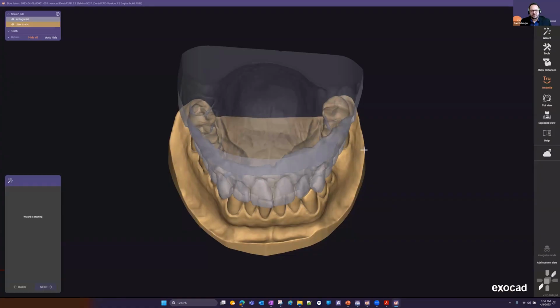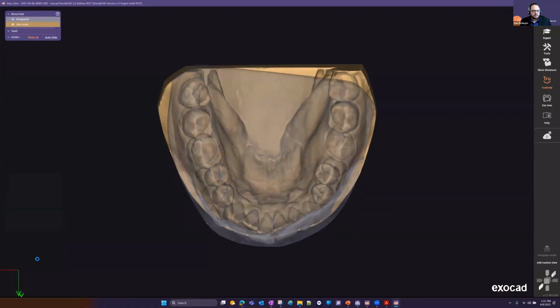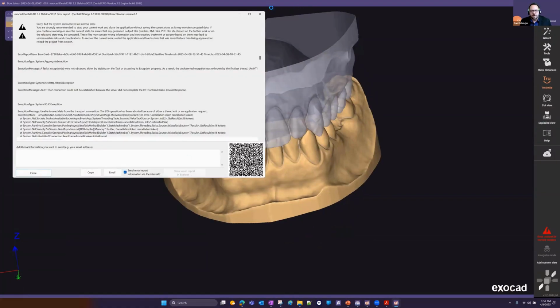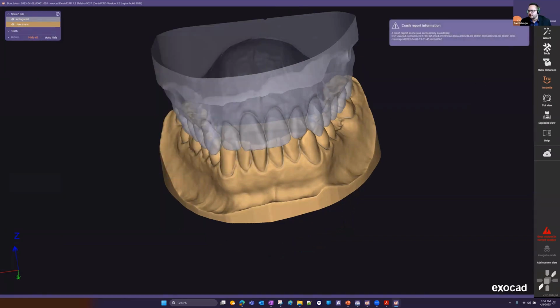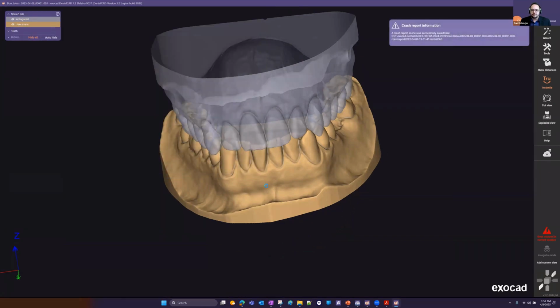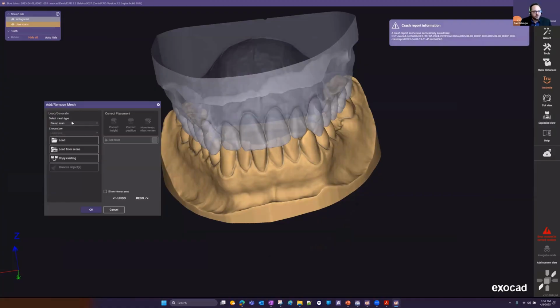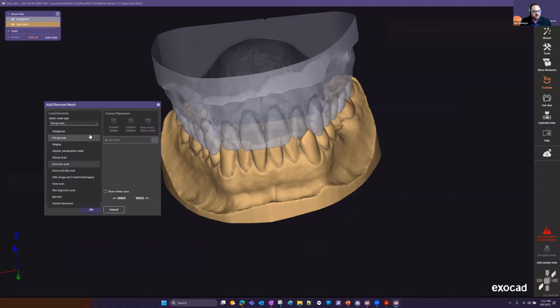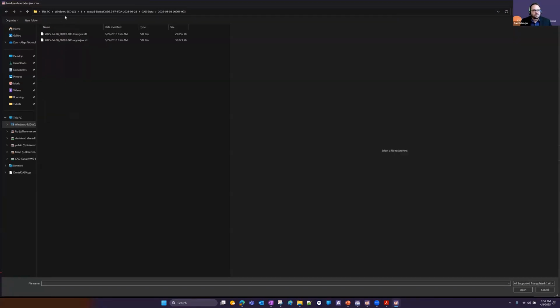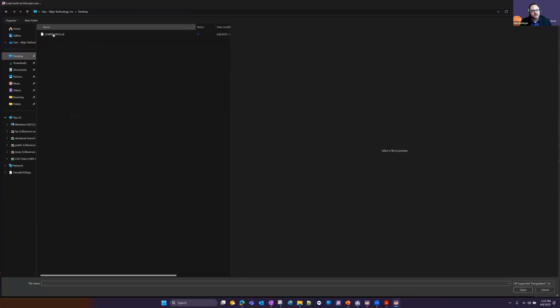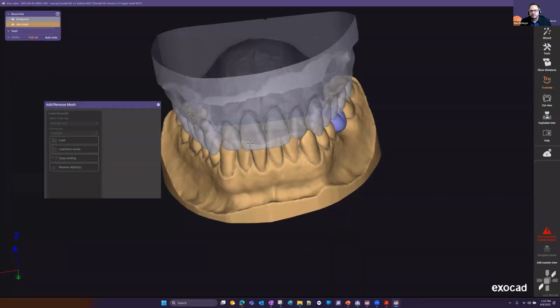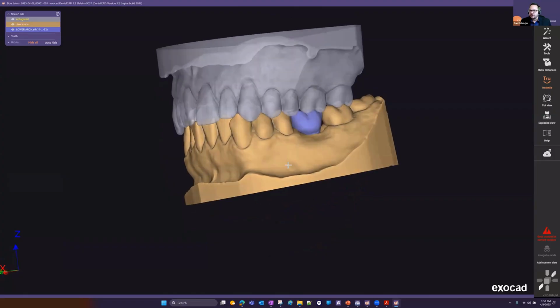And we have our existing initial bite scan right now. So I'm going to go ahead and go into tools, add remove mesh, and I'm going to load an extra jaw scan. So the extra jaw scan is going to allow me to replace with the exported scan that I put on my desktop. So now I have my new scan